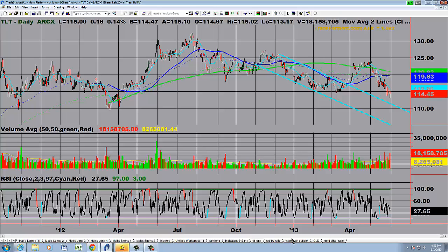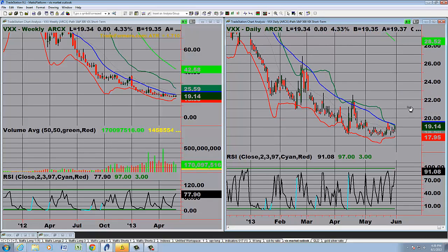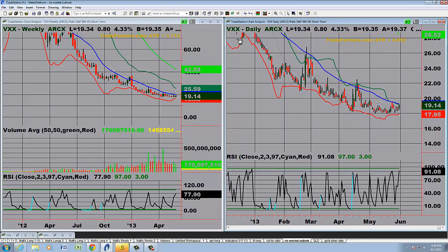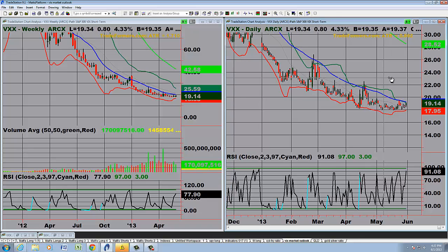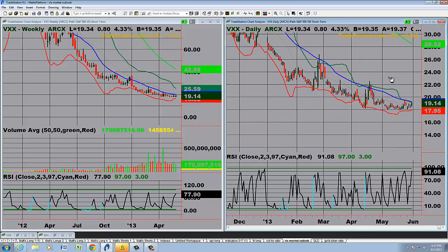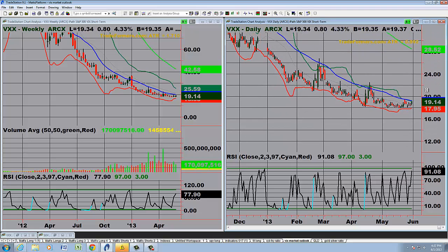Okay, let's take a look at volatility. I'm switching here to the VXX. Interestingly enough, you can see that on the daily chart, it's still trading inside the Bollinger Band, still trading under the 50-day moving average. So one thing that is sort of contradictory to everything we've been looking at here is the fact that the VIX, yes, it did move up, but it's still on an absolute basis under that 50-day moving average, well under